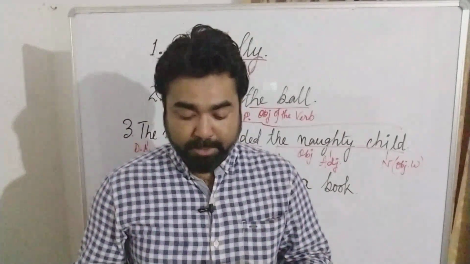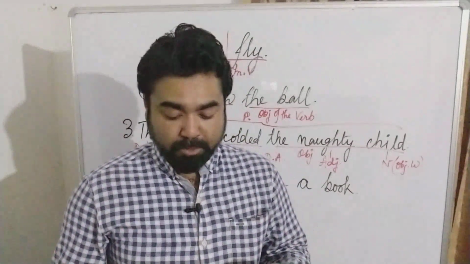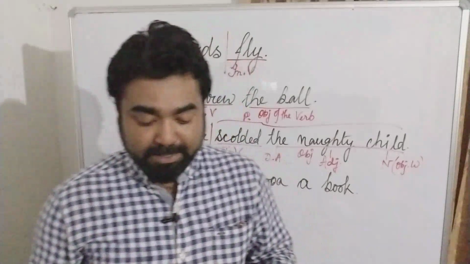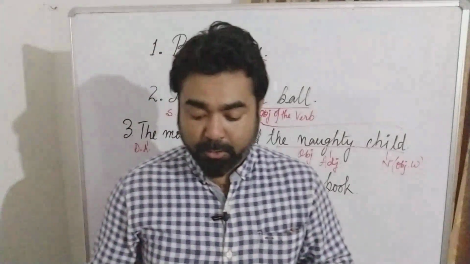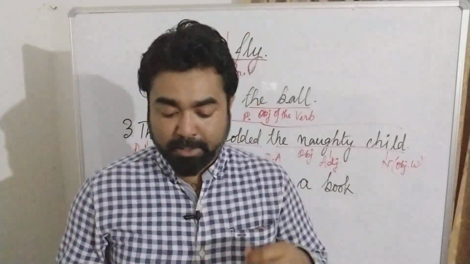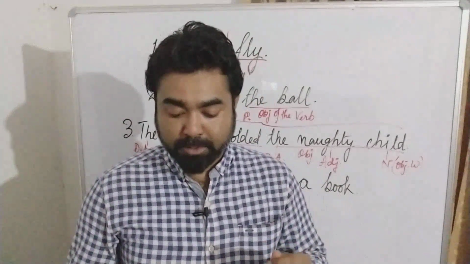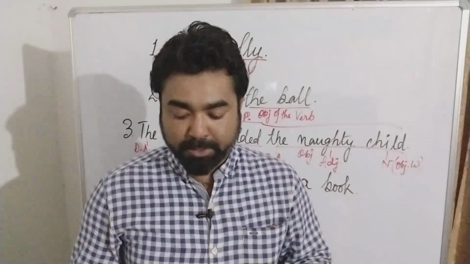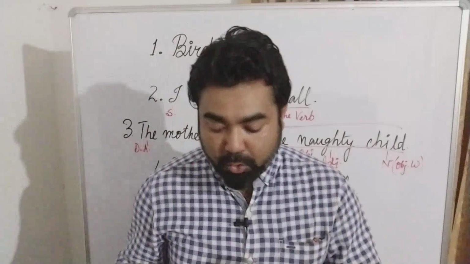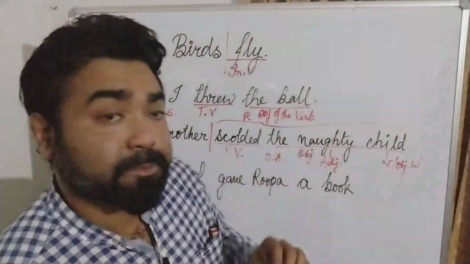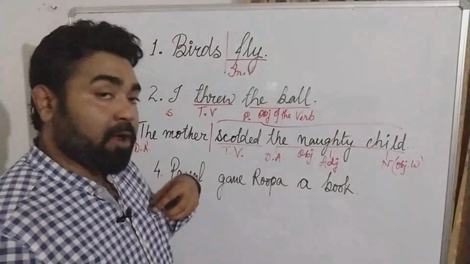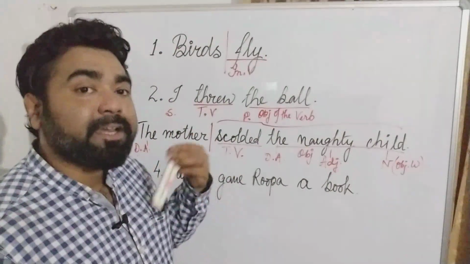Skip to the last paragraph, which tells us the answer to the question what is the direct object, and often the indirect object comes before the direct object. So this is your rule number 2. Now let us look at the explanation of this. How do we identify the direct and the indirect object?